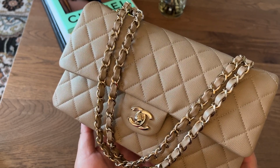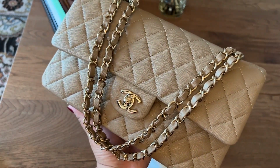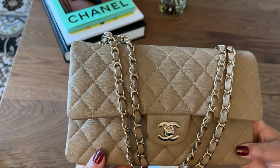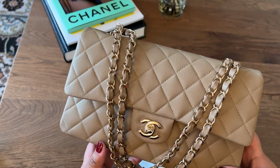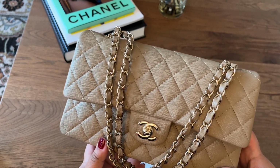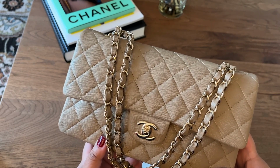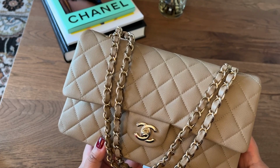But I was always just sort of bummed that the beige clair didn't work. And so when I saw this beige, I saw it in a couple of photos, sort of like previews for the season, and I fell in love, and I thought, I have to see it. So I took my sister, and together we went to the Fifth Ave location, and I must say, my experience